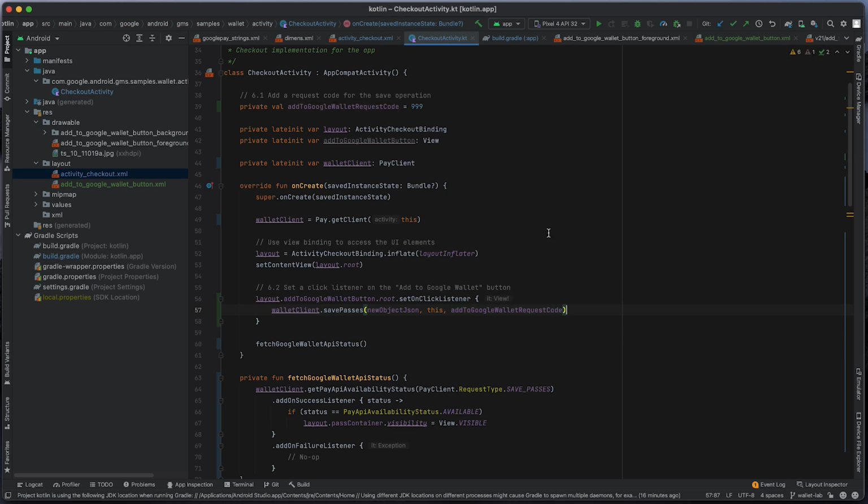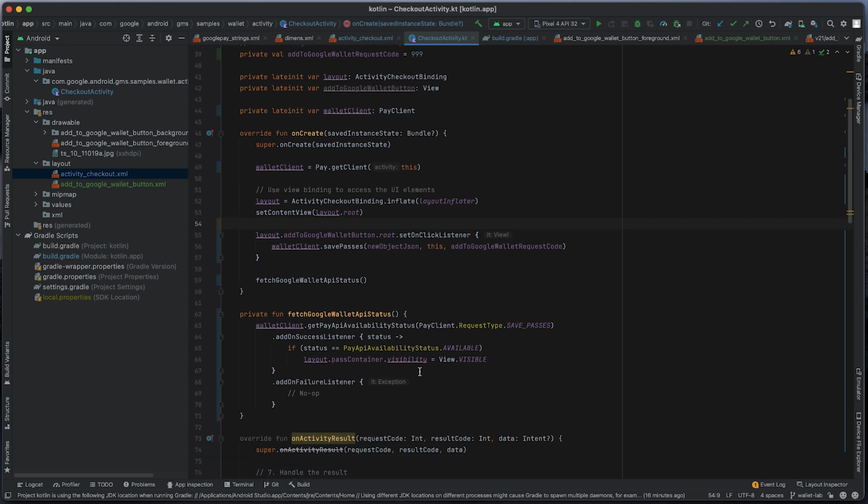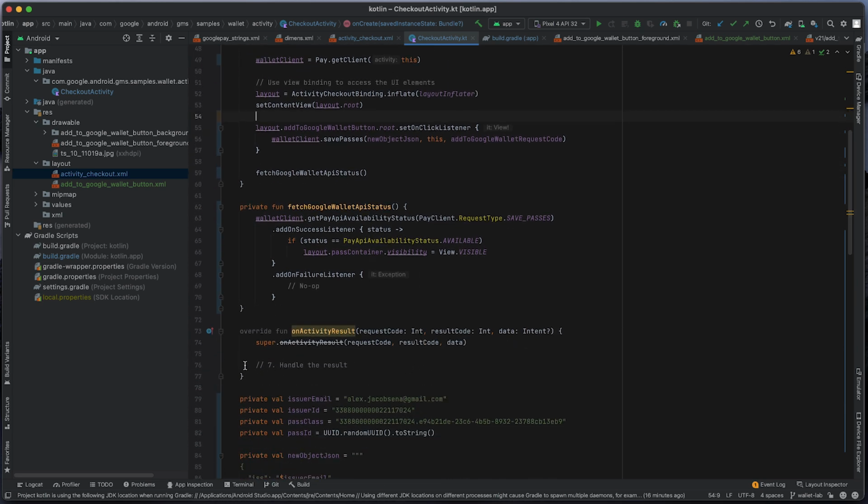So you have everything you need now. If you were to run this code, if the API is available, you will see the button on the screen. If you click the button, the save operation will begin. But before doing that, let's also make sure to handle the result before it comes back. So to capture the result, go ahead and implement the onActivityResult method in the calling activity. So if you go to step 7 on line 73, you'll see that the method on the sample application is